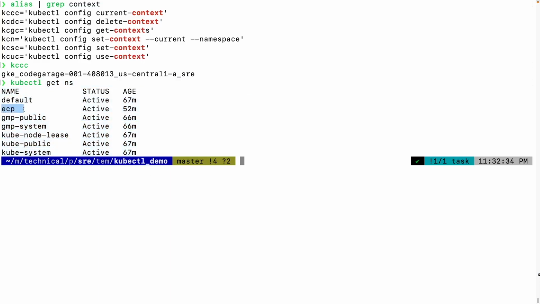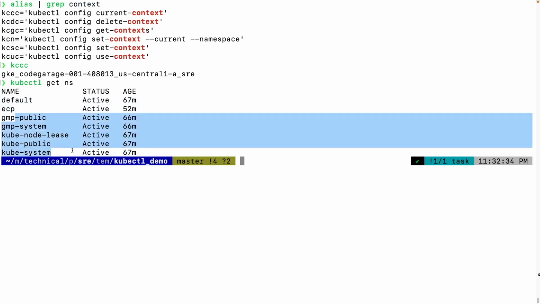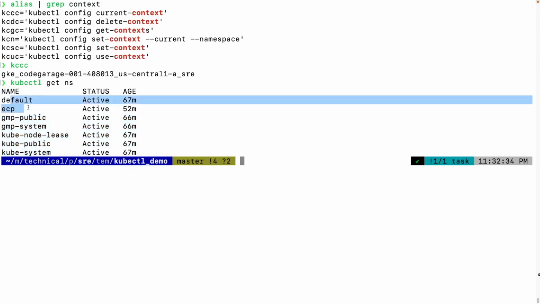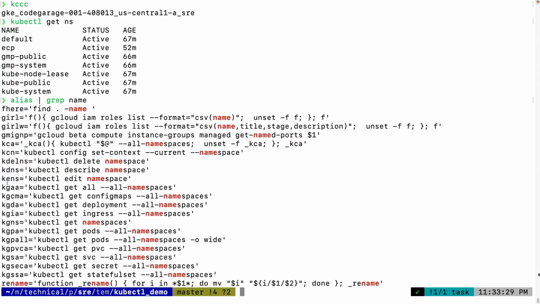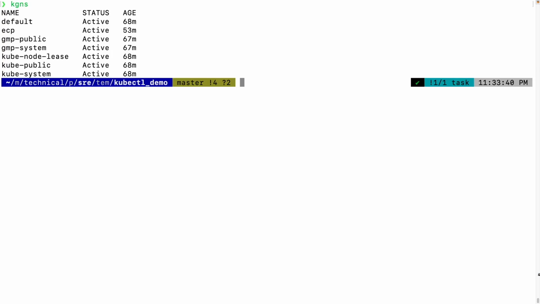This ECP stands for everything cloud platform. That's our namespace. The others are the Kubernetes cluster, the GKE cluster related namespaces. Now, if I look at quick aliases and if I look for namespace, then KGNS, you'll find that KGNS is one of the aliases that I keep using to get the namespaces. That's what we'll use here to get our